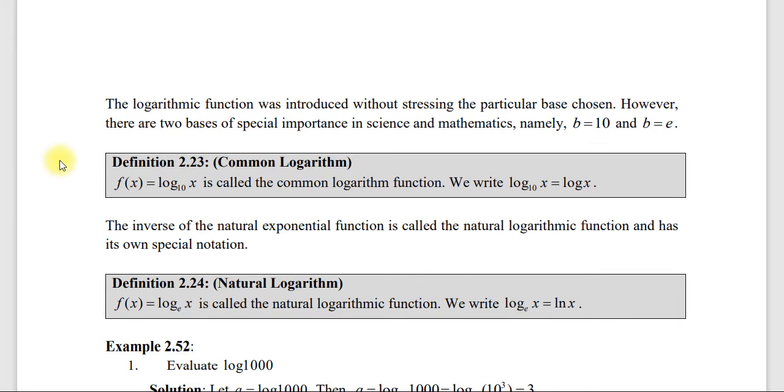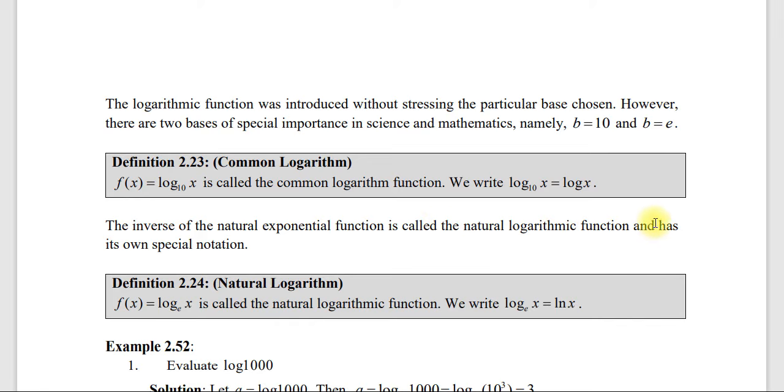ሌላኛው ደግሞ እዚህ ጋር እንግዲህ ሁለት አይነት ሎጋሪዝሞች አሉን። ኮመን ሎጋሪዝም እና ናቹራል ሎጋሪዝም ተብለው በሁለት ይከፈላሉ በማትማቲክስ ህግ። እንግዲህ ኮመን ሎጋሪዝም የምንለው ቤዙ 10 የሆነ ነው። ናቹራል ሎጋሪዝም ደግሞ ቤዙ ኢ የሆነ ማለት ነው። ኢ ናቹራል ሎጋሪዝም ይባላል። የኢ የራሱን የቻለ ቫልዩ አለው። So common logarithm f of x which is equal to log x in base 10 is called the common logarithm function. We write log x in base 10 simply log x. log x ተብሎ ተቀመጠ ማለት ቤዙ 10 ነው ማለት ነው።